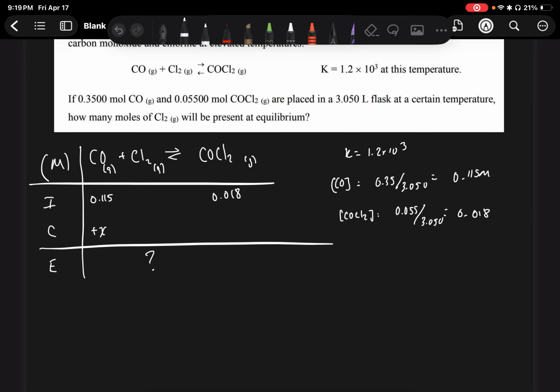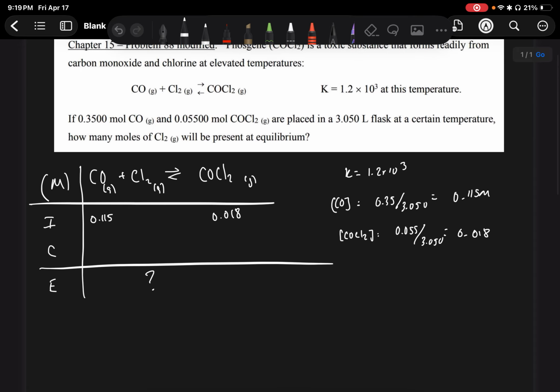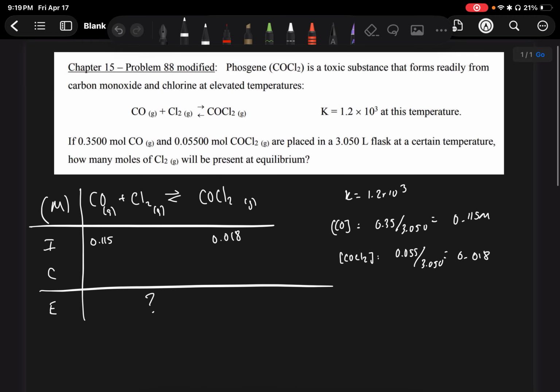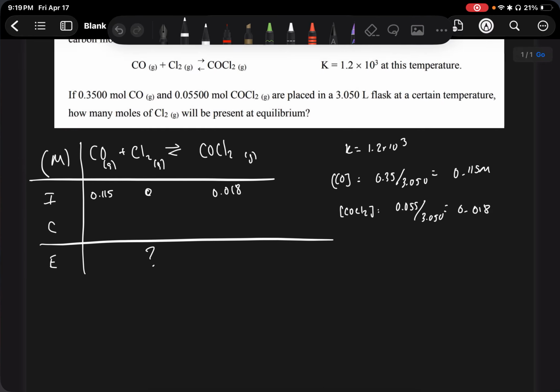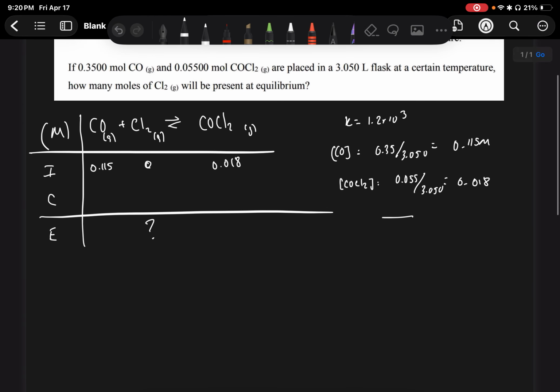No, I don't know. Will this react? Oh wait, we have to make sure this reaction is going forward or backwards. Wait, but how do we do that if we don't know Cl2? Maybe it's just 0. Yeah, probably just 0 then, if they don't say it. So now if we have 0 moles, that means the reaction has to occur in reverse. Huh? Yeah. What? That's weird. Okay, so the reaction needs to happen in reverse because we have 0 reactant, so we need to balance that out. Interesting. So this is going to be minus x, this is going to be plus x,